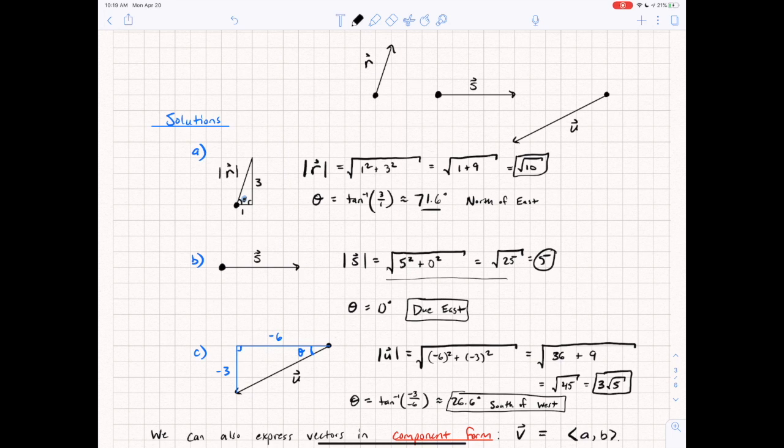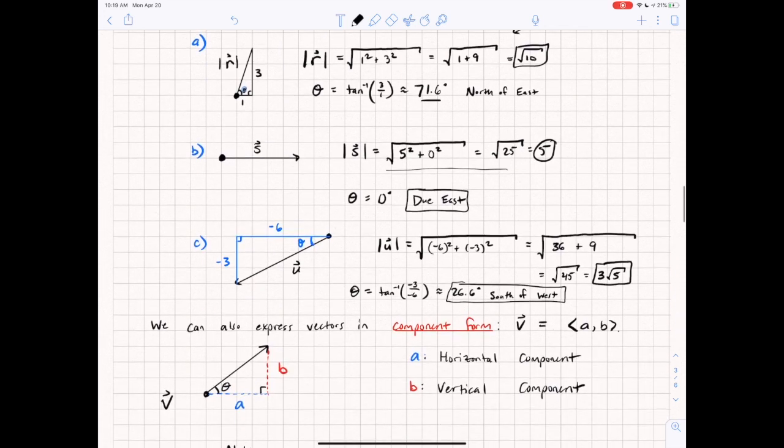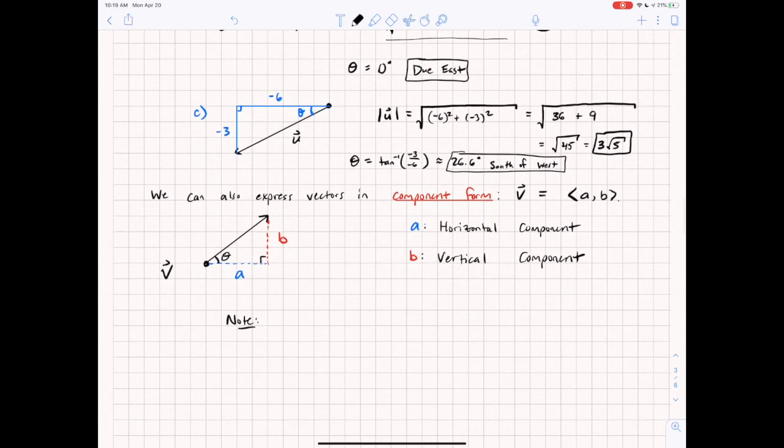All right, and so here's how we can find magnitude and direction for vectors, especially when it's given to me graphically. Now, if I want to talk about these vectors algebraically, and notice that as I'm drawing out and doing this, I'm always referring to how a vector is traveling horizontally and how a vector is traveling vertically. Well, those are called components. So when I want to talk about a vector, I can actually describe it and write it algebraically